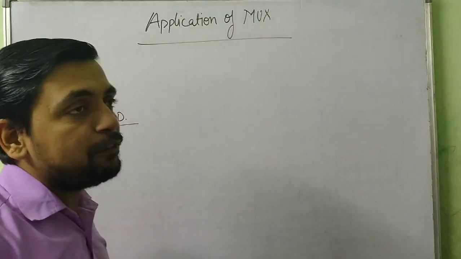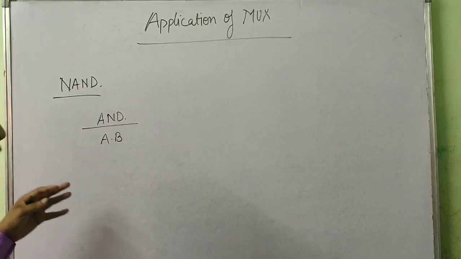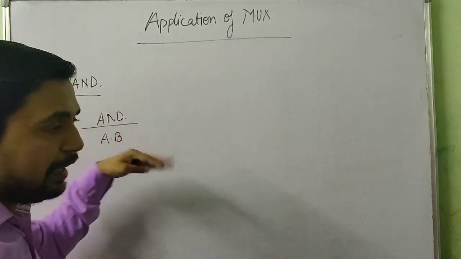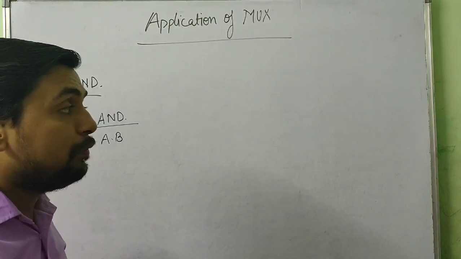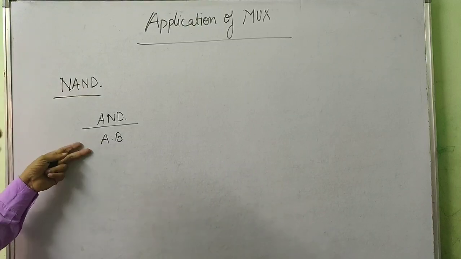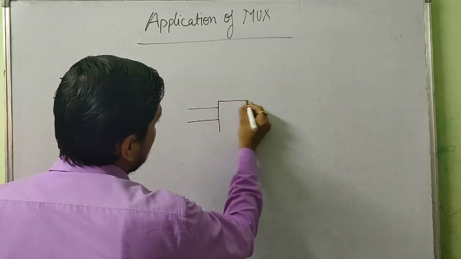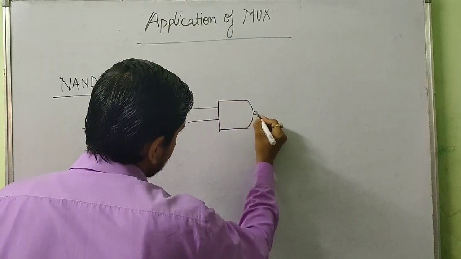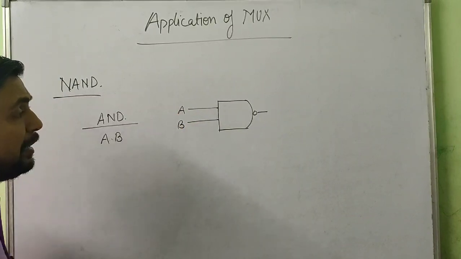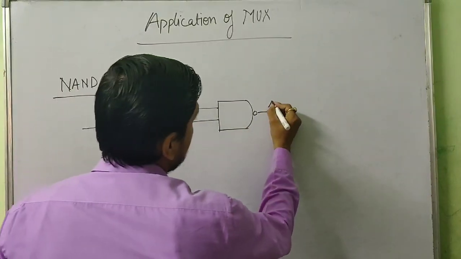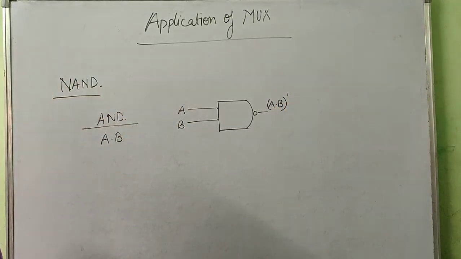Now we have to get A and B with the help of a NAND gate. Imagine if we had passed it like the previous one. The problem in the previous one was that we had only one input, but here we have two inputs. So we can pass them to a NAND gate. Let's see what we get. If we pass A, B to a NAND gate, the result will be A and B whole complement. You know that.